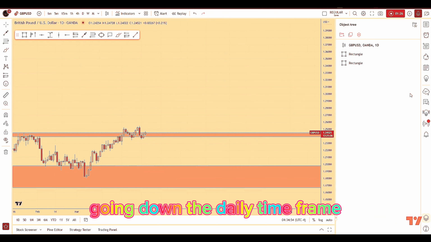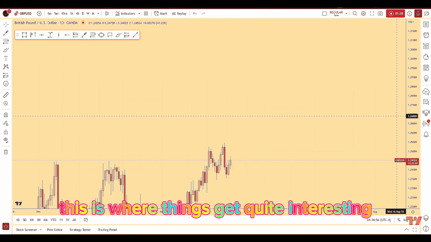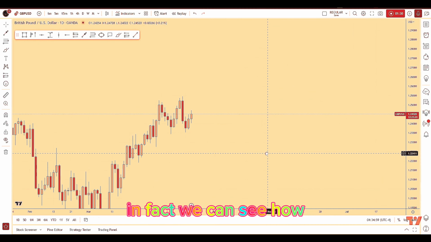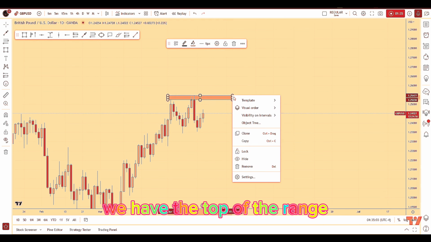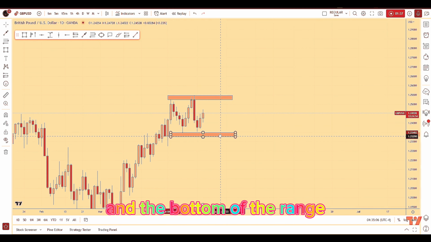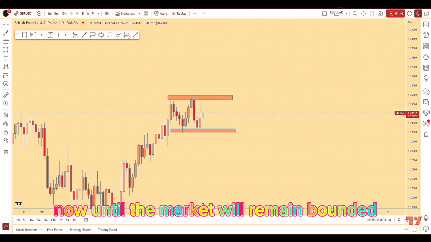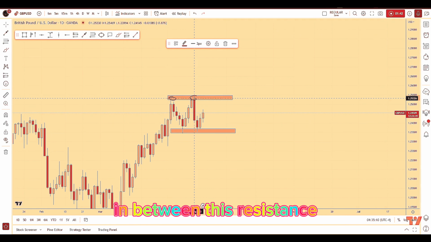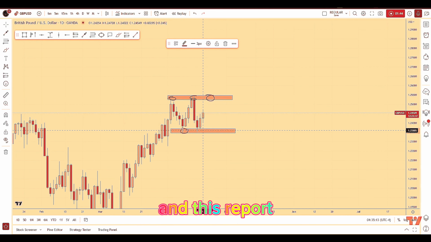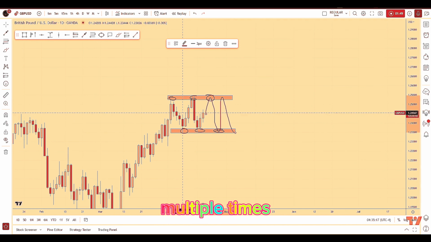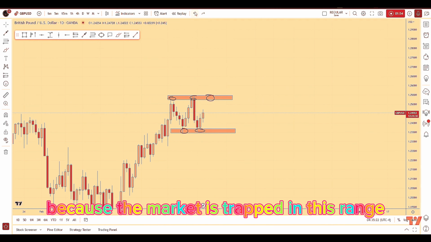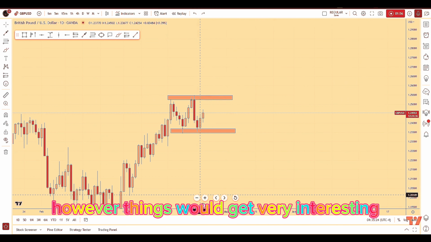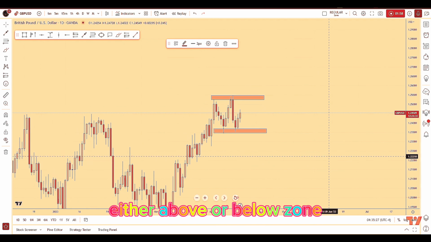Going down on the daily time frame, what do we see? Well, from a daily perspective, this is where things get quite interesting. In fact, we can see how at the moment on the daily, the market is in a range. We have the top of the range, which is exactly here, and the bottom of the range, which is here. Now, until the market will remain bounded in between this resistance and this support, which, as we can see, has already been essentially respected multiple times, we really don't have anything interesting from a daily perspective because the market is trapped in this range. However, things would get very interesting if we would get a break either above or below